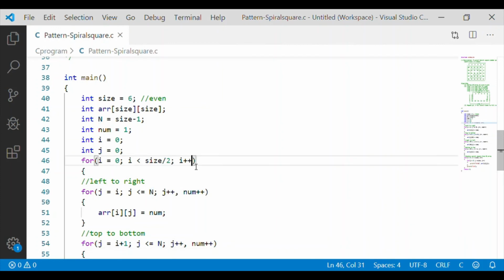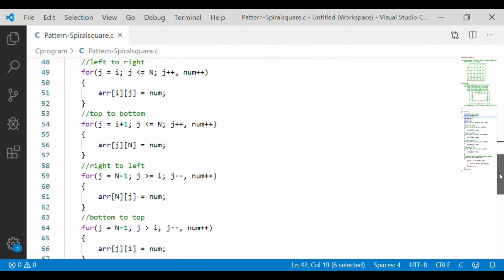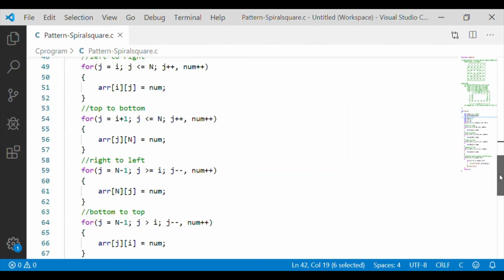So in our outermost for loop we will decrement n, and i is adjusted accordingly. And all other 4 steps are within the outermost for loop.